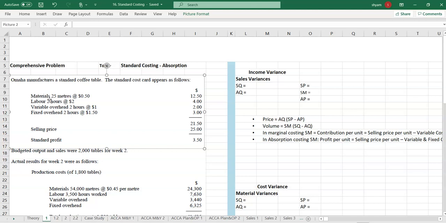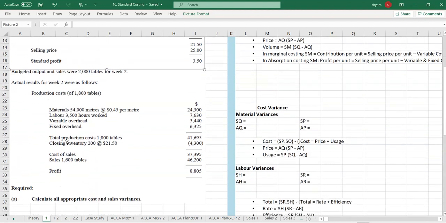Material is 25 meters at $0.5. Labor is 2 hours at $2. Variable overhead 2 hours at $1. Fixed overhead 2 hours at $1. Selling price they have given. That's a standard selling price, and standard profit is also given. Every number is given fully. Thereafter, budgeted output and sales were 2000 tables for week 2. So we are doing the sum only for a single week. They thought of selling 2000 tables, and let's see what happens